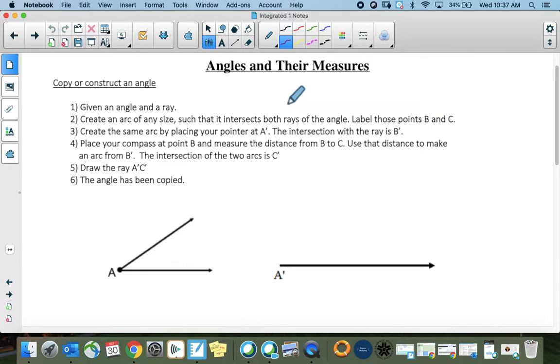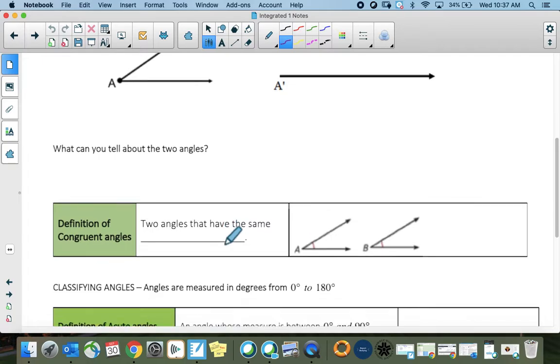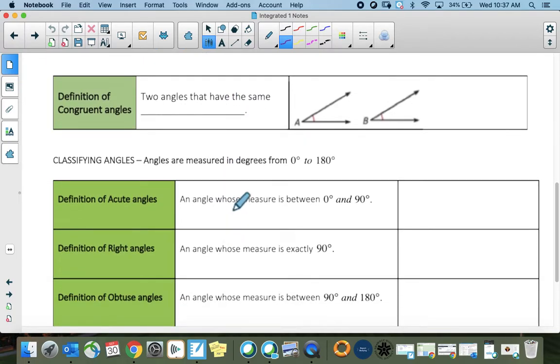Go ahead and flip your notes packet to angles and their measures. We are actually going to skip this part. Don't cross it out, but we're going to skip the constructions. Okay, so we're actually going to go all the way down to here, and it says define the definition of